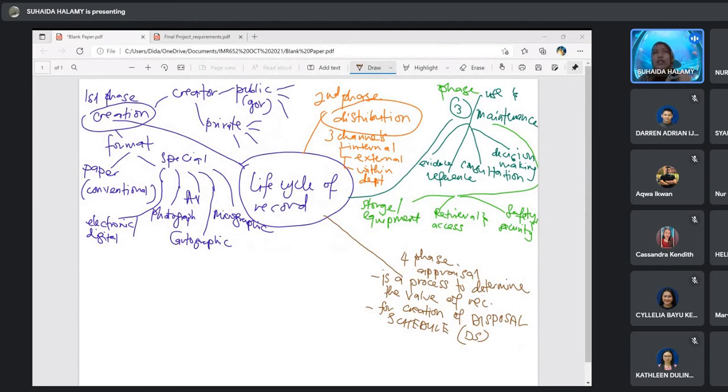Kalau financial ni, of course lah orang dari bendahari. Mesti ada seorang staff from bendahari akan turun as a team. Financial advisor ni dia akan advise in terms of monetary wise.